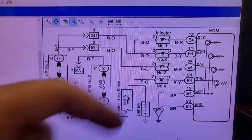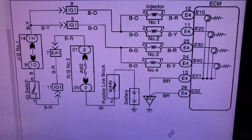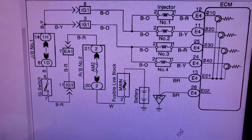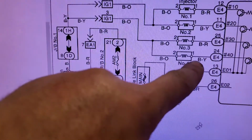What I'm going to do, because earlier I went to another engine that I know, a good known engine, and I pulled a wire and a spark plug and I changed it to number 4, and I still have the misfire. So right now I'm going to go with checking the injector,